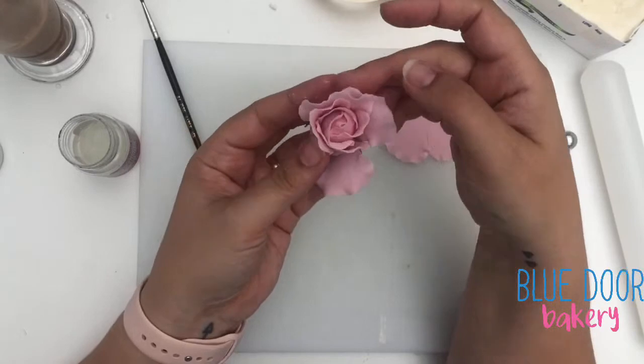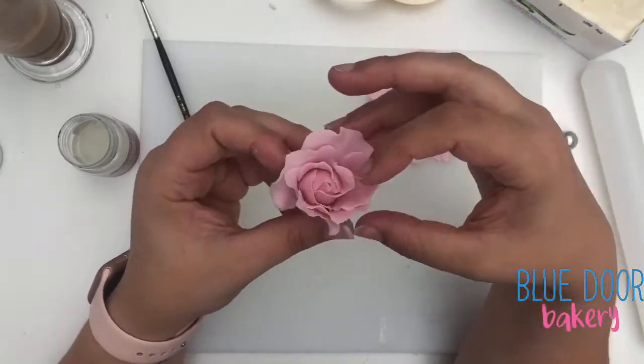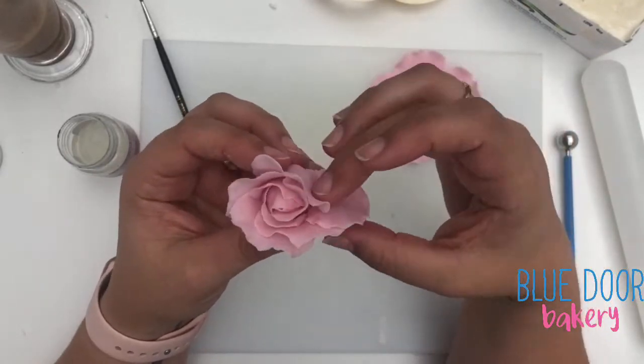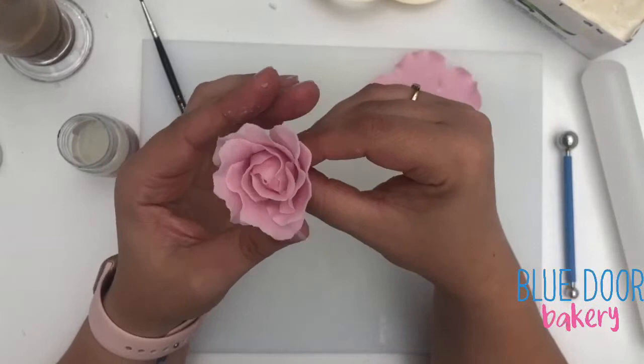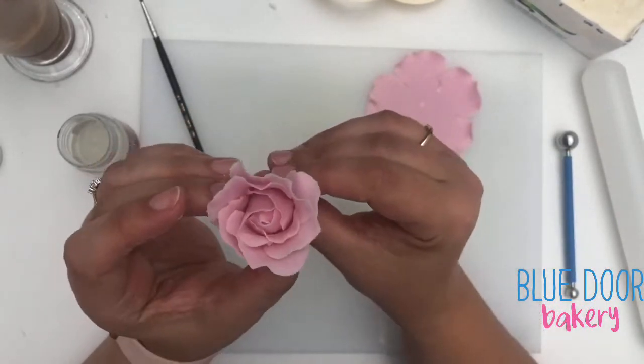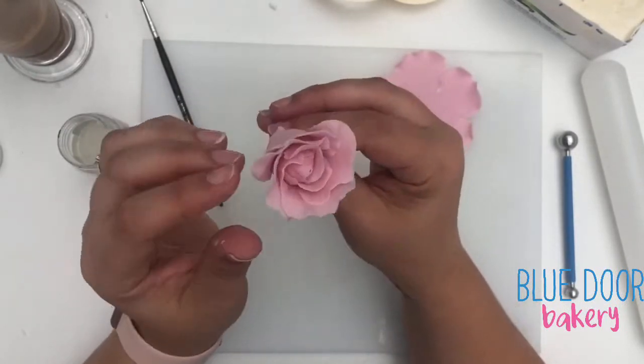It's quite a natural looking flower, not too structured. So bring them all up in turn, and then I'm going to peel back the first one, tuck the last one inside, and then close it up. So we've got this really cute little rose. So obviously you could just leave it as that,